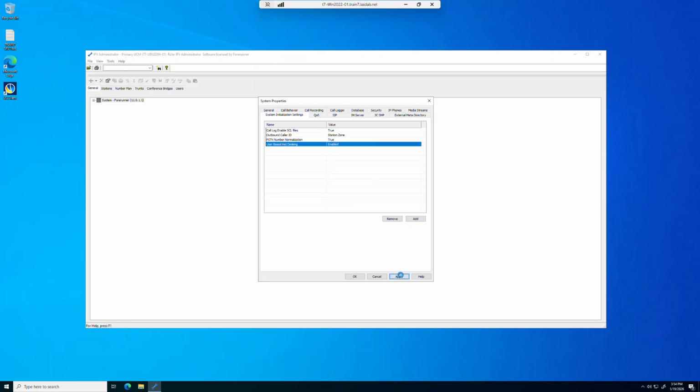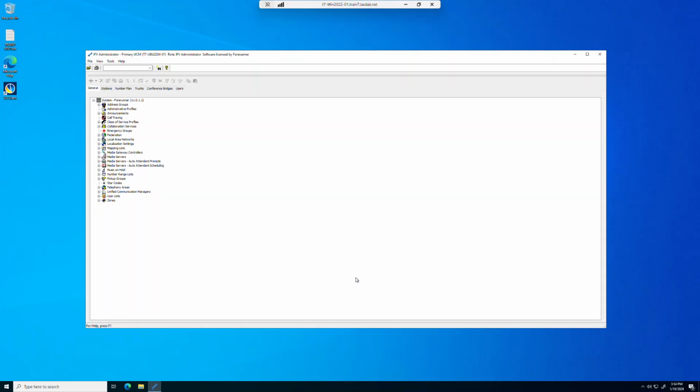Once we do that, all the terminals that have hot desking set in its configuration need to reset. So we allow them to reset. And while the terminal is resetting,